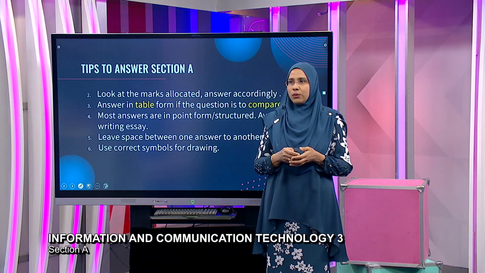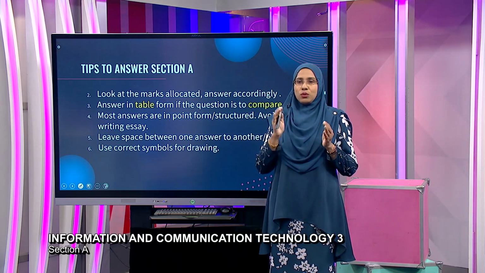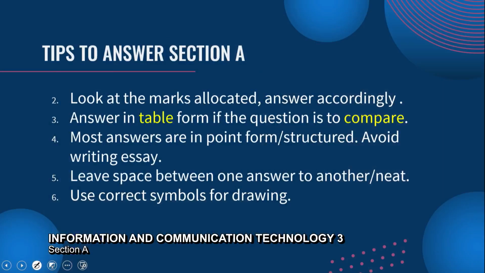Look at the marks allocated and answer accordingly. The marks allocated will give you some guidance: how long is your answer, how elaborate I have to be. So you just look at the marks given. If the question is asking for comparing A and B, you are advised to do it in table form. Why? Because we want to make sure that your answer can be read and compared neatly and clearly